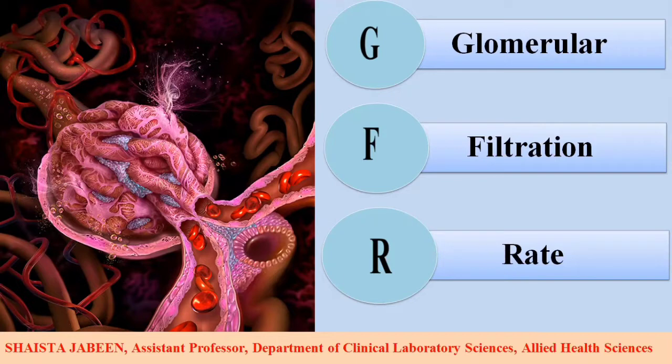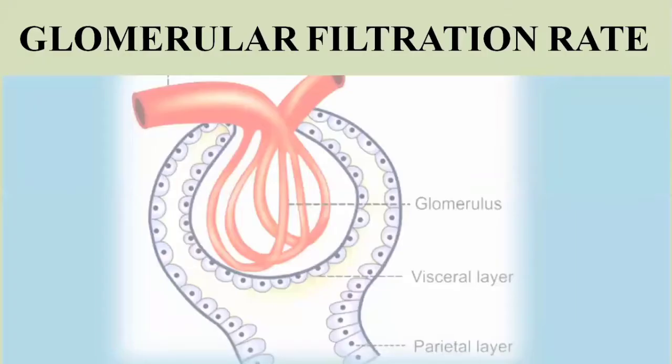So this glomerular filtration rate gives the quantity that is used to detect whether the kidneys or the nephrons are functioning normally or not. It usually assesses the functions of the kidneys. As the name indicates, glomerular filtration, as you have learned in the previous videos, is the process for the formation of the filtrate.